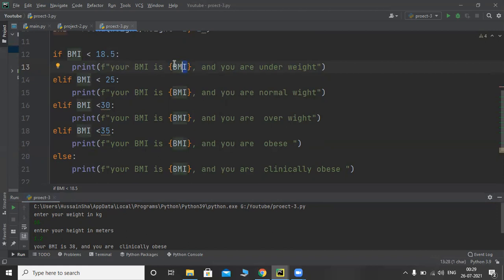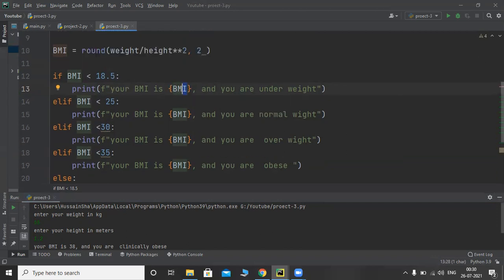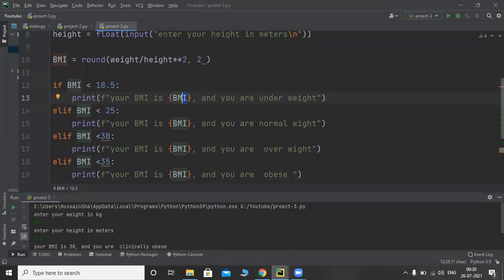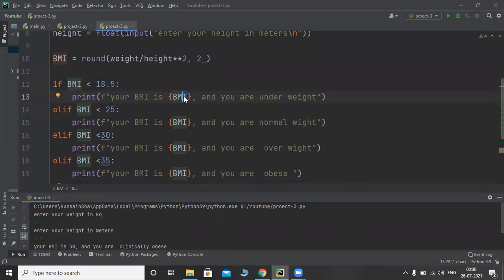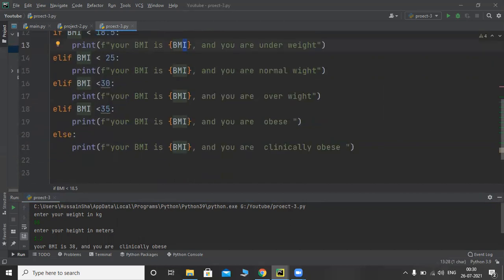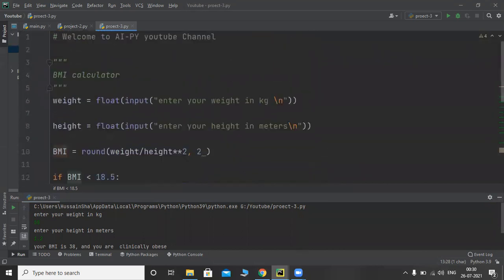This is the syntax of an f-string. Inside the curly brackets, the value of BMI is going to be placed, and it will tell you whether you are underweight, normal, overweight, obese or clinically obese.